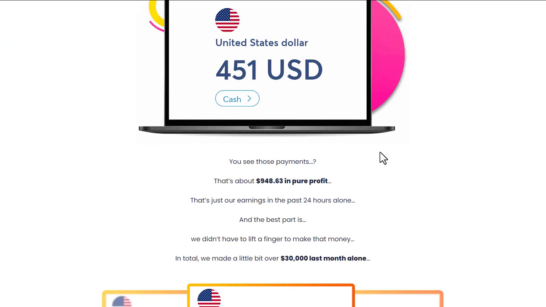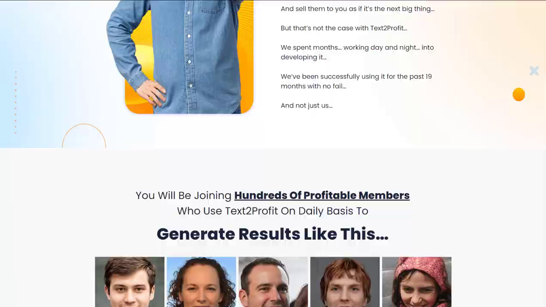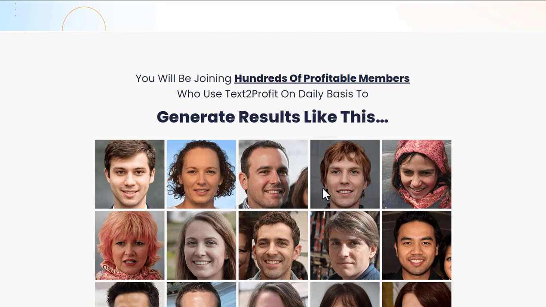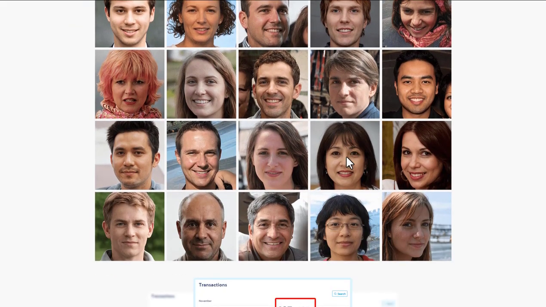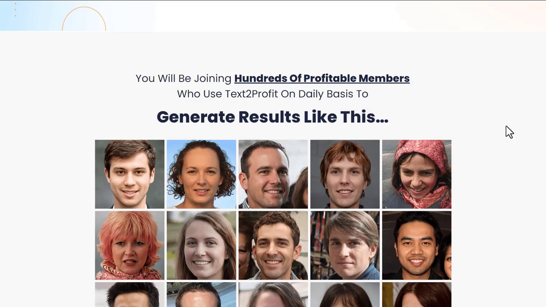Other stuff that I look at on this sales page, graphics make absolutely no difference. If I come right down here, they've just randomly put AI pictures of folks on here and telling you that these folks are all Text2Profit members. It's absolute nonsense. These are AI pictures. You can trust me or you don't trust me, but basically I've seen these images literally on hundreds of sales pages. I've been doing this review business for a long time now, and I can tell you that these are AI images, completely random images. For a start, that guy's got a hand growing on his shoulder. Clearly it's been cut off something else. It's just nonsense.